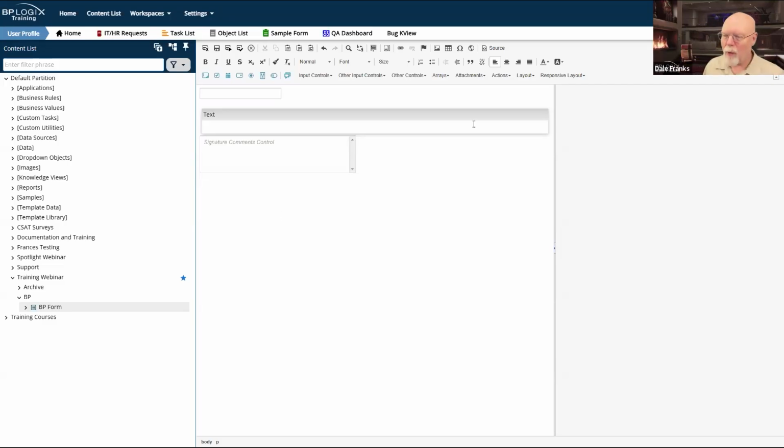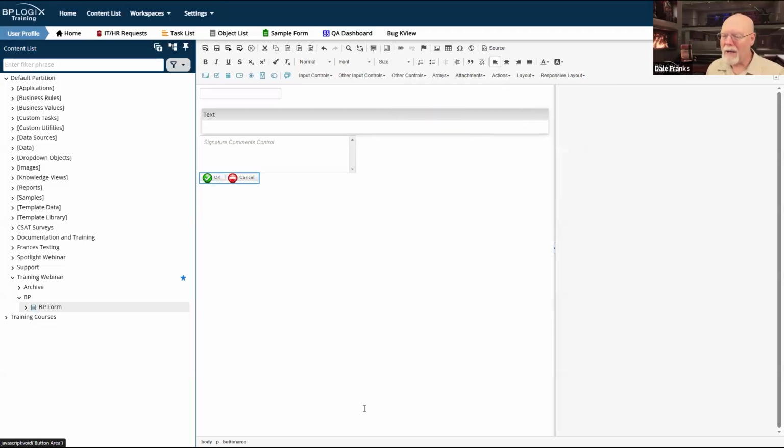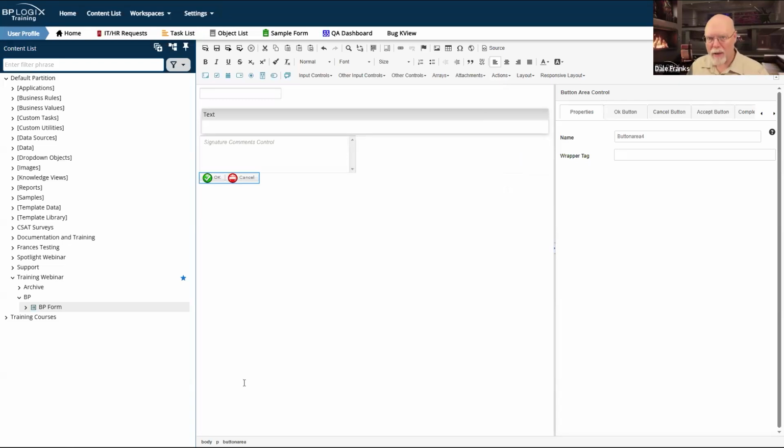And below the last form field, you are always going to want to drop in a button area control, because you want to control where that button area control displays for the user. Now, you can have multiple button area controls. You can display a button area control at the top and the bottom of a form. You can go wild with throwing button area controls on if that's your bag, man. But you do need to have it right below your last form field.